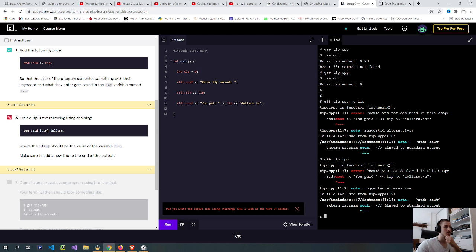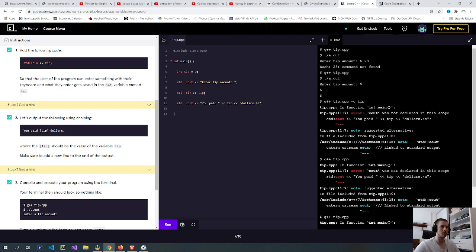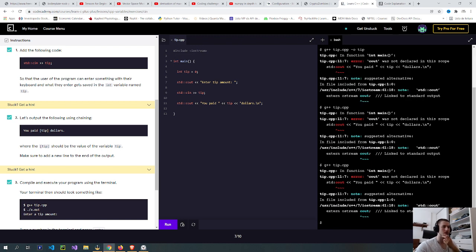Maybe now it's correct, but then it's not gonna run because it's not gonna take any input. But it worked now, but it's still giving me a mistake here, which is weird.